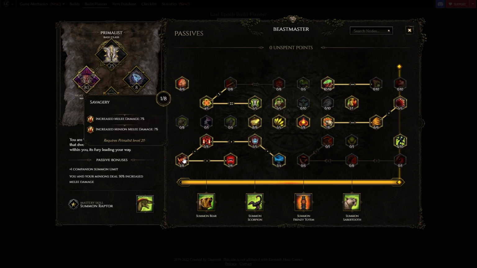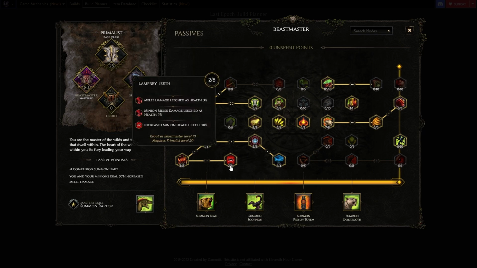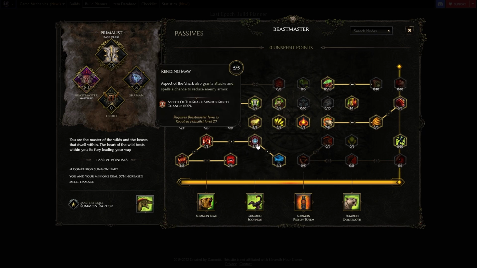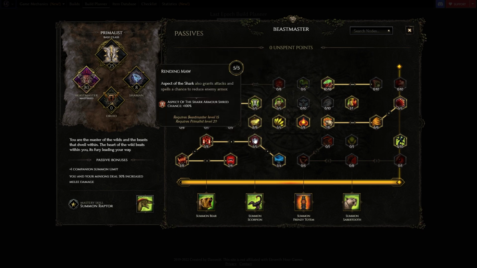1 point travel into Savagery, 1 point travel into Ambush, 2 points into Lamprey Teeth for more leech. Of course, increased minion health leech is really strong when all of your minions are leeching an insane amount. Then 5 points into Rending Maw for the shred chance, then 1 point into Hundreds of the Deep. This makes it so when your minions have aspect of the shark, they get a 100% increased chance to shred armor, so that's on top of the helmet,